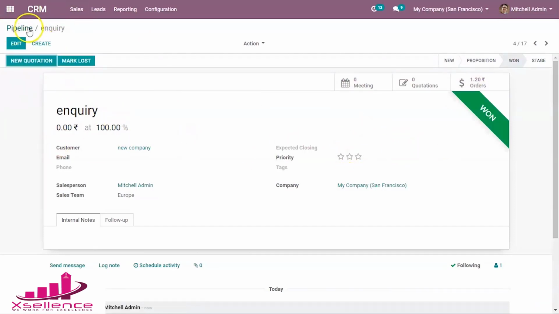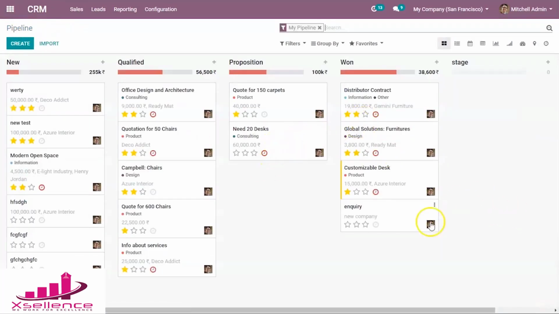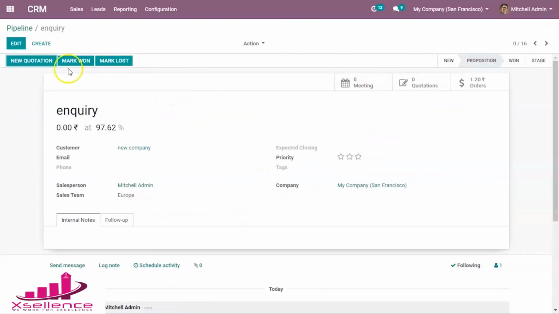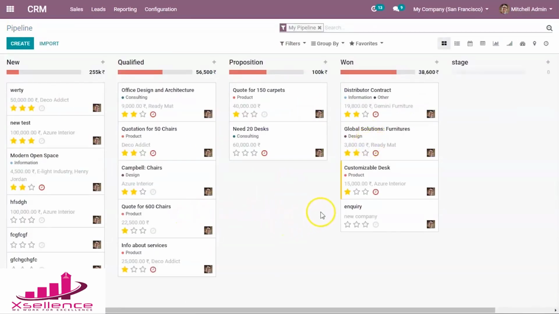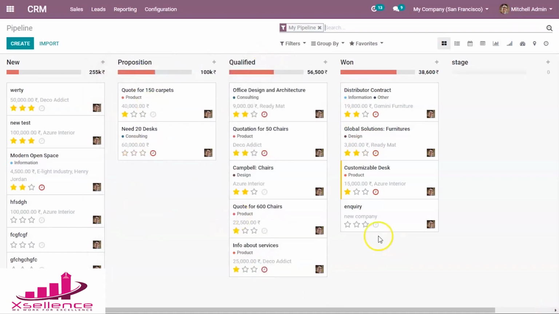Now it's a won customer, and we can see the opportunity now in the won stage here, and we can change the opportunity stage by drag and drop. By this, we can see the change here, and we can change the position of the stage too by drag and drop.